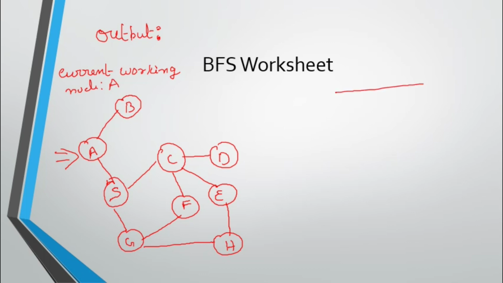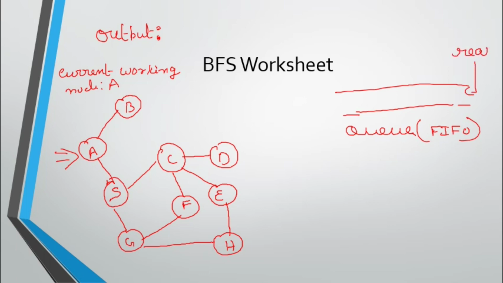Here we are making use of the queue concept. What is the queue concept? The first entered value will go out first, so that is called FIFO. Whereas in a stack, the last entered element will go out first, so that was the difference. For DFS we are using the stack data structure, and here we are using the queue data structure. In a queue we have two ends, the rear end and the front end. We enter from the rear end and we go out from the front end. Whatever element we put from the rear end will come to the front end eventually.